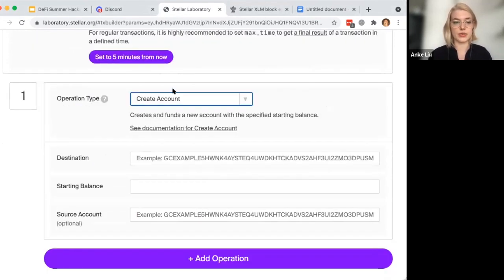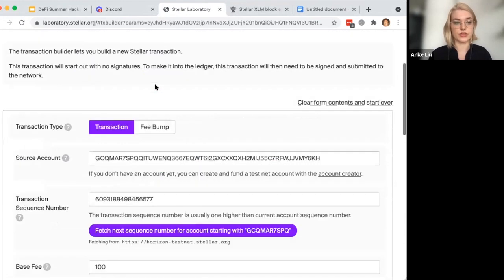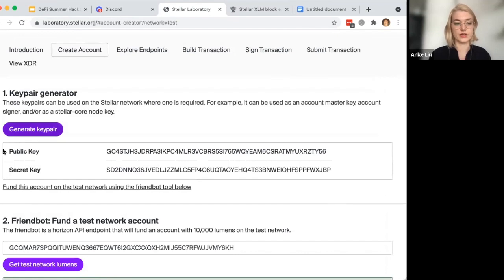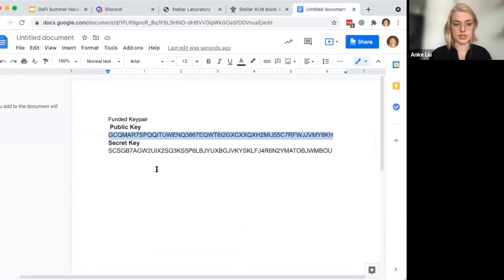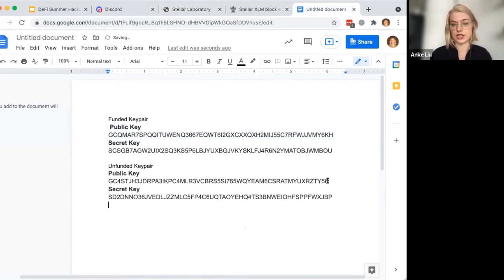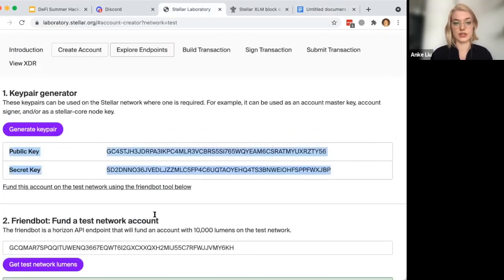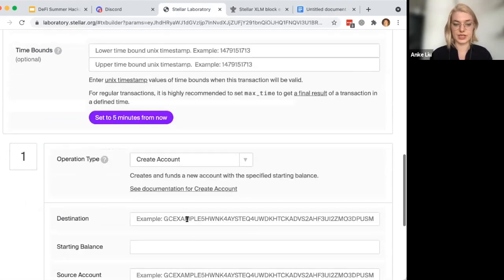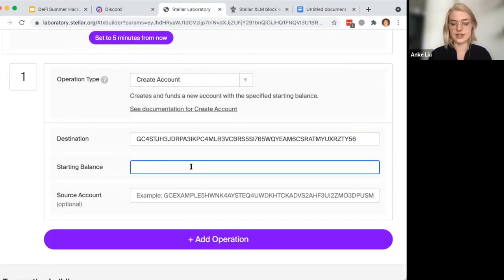Now I can just generate real quick a new key pair that we haven't funded yet, which I'm also going to copy in here. I'm calling this my unfunded key pair. This key pair was generated, but it doesn't actually exist on the ledger yet. So we're going to make this key pair appear as an account. Perfect. So now the destination will be that account that I just copied. Let's give it a starting balance of